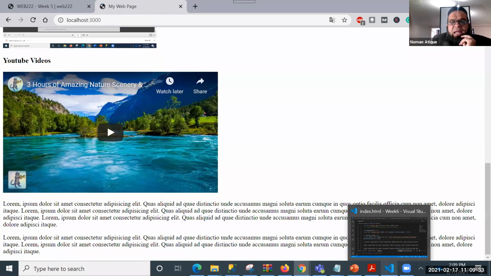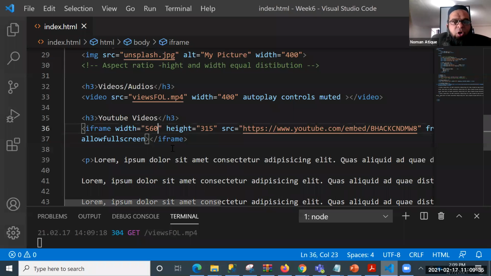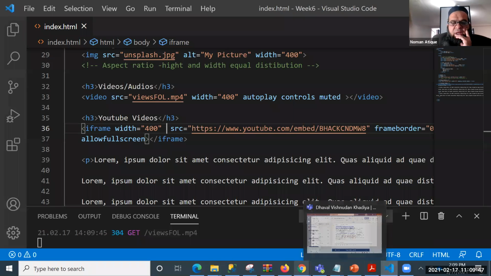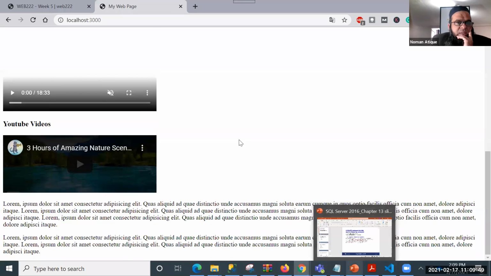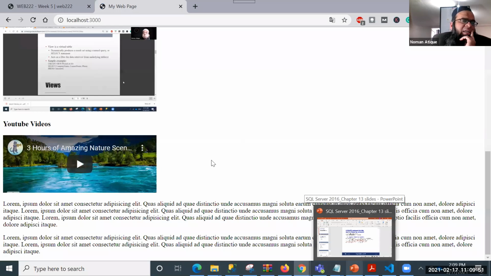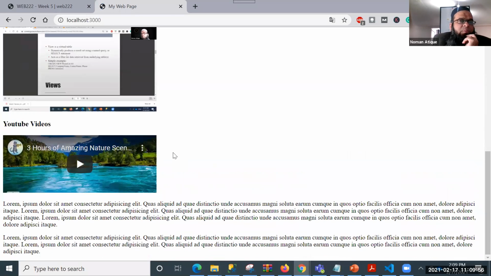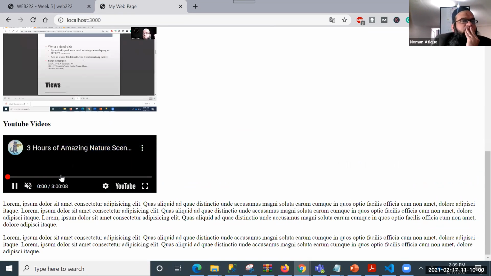Let's do it again the same way as I've done, because I want everything to be in sync. 400 width, and I don't know what it'll do. Let's remove height and let it take the default one. I don't know if it minds it. Okay, so it has not minded, but again, it looks very small, right? So 500, like it's the YouTube video which is coming over here.